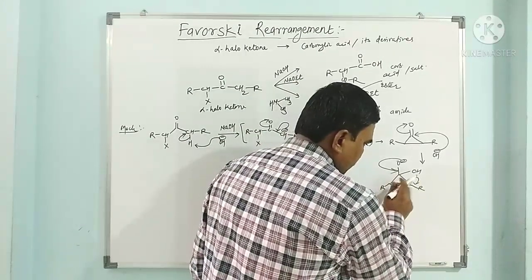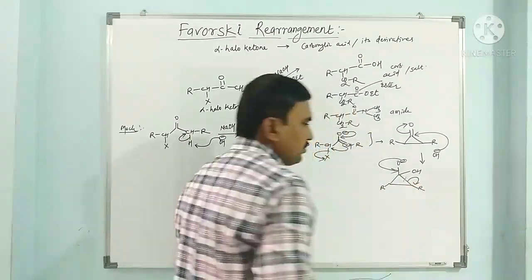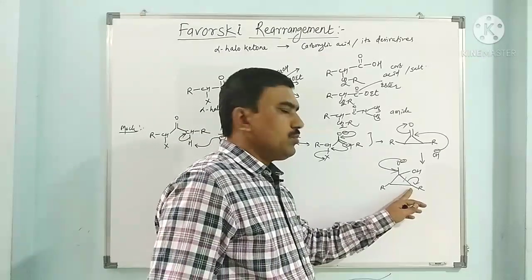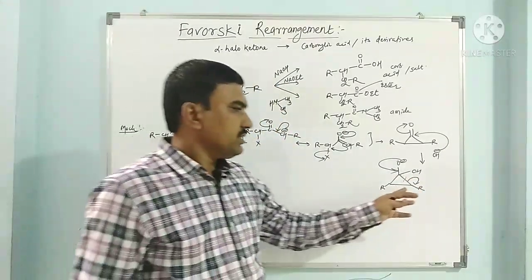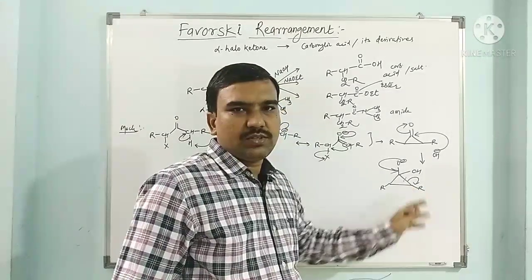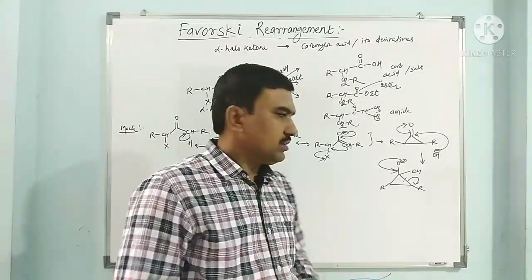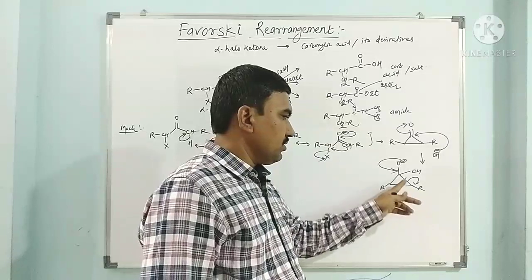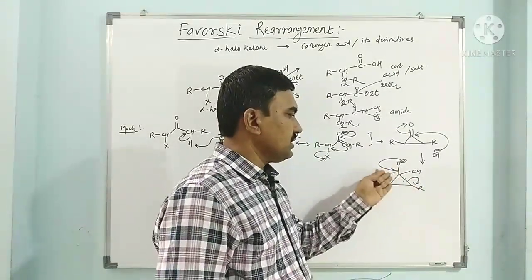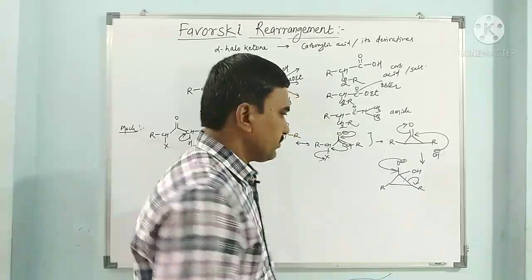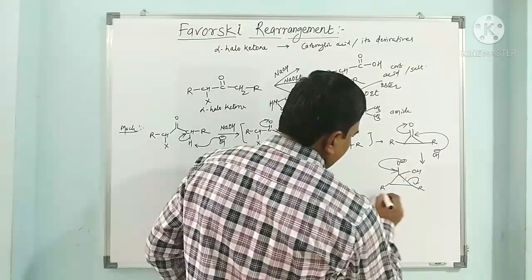Either this bond or this bond, any bond can be cleaved, depends on the stabilization of the carbanion. The carbanion is generated at the less substituted carbon, so that less substituted carbanions are more stable. So substitution should be less. This can be here or this can be here. Actually it is symmetrical, so any of these alpha bonds can be cleaved, and we get here